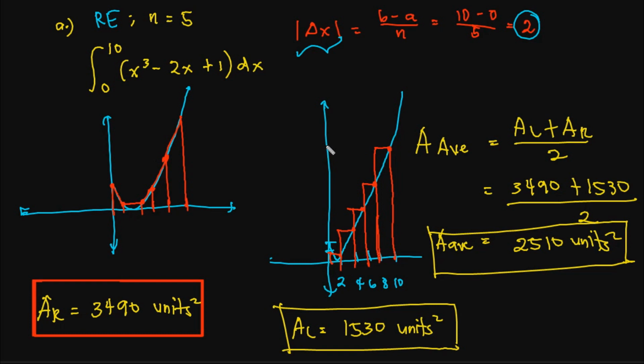Pero syempre, in your case, laging sasabihin kung ano ba siya, area using left endpoint or area using right endpoint. Lagyan ko area to the right. So, yun lang. And then, there is a formula for the trapezoidal rule, which in this case, you can directly find the area of the average without finding the left and right endpoint. So, ang idea lang naman sa kanya is you have to take your lower endpoint. Okay, so we have b minus a over n. So, ganun pa rin siya, no? Yung delta x natin. Pero, i-multiply natin to ngayon sa